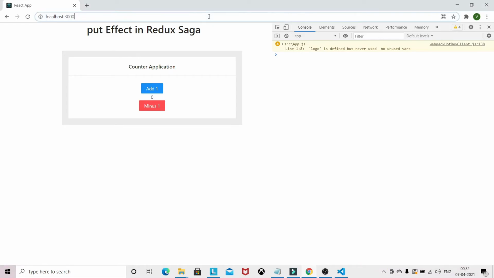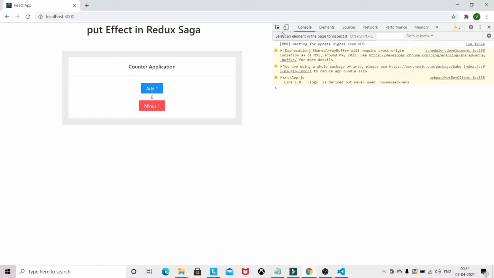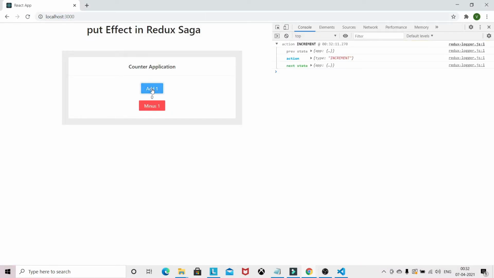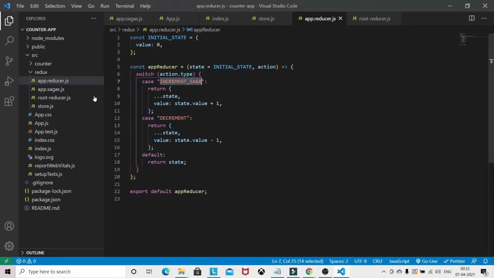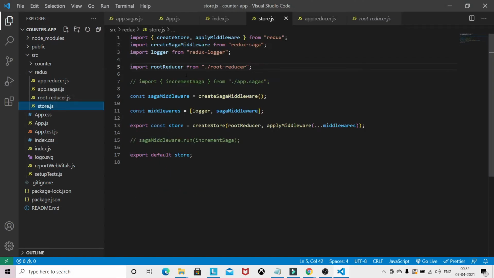Now we will see the changes. There's one mistake here. We have to uncomment this one, because we have to run the Saga middleware. This way it will update the store.